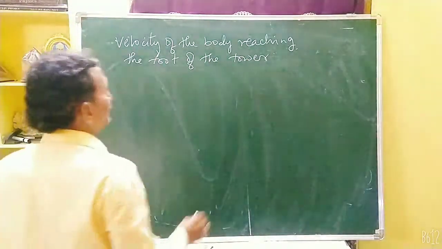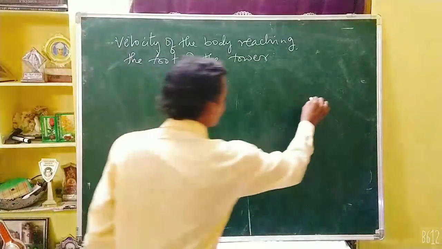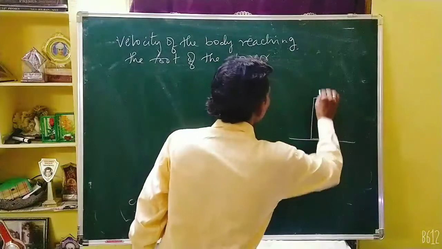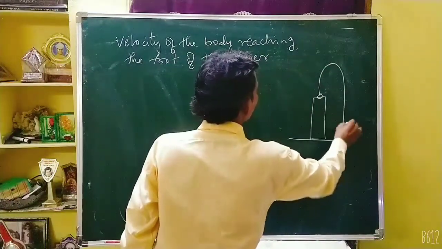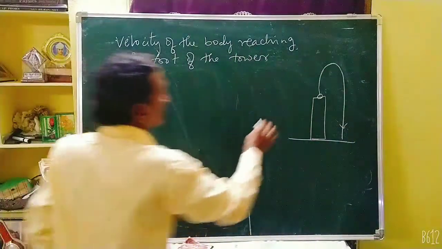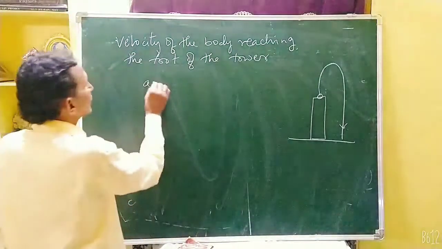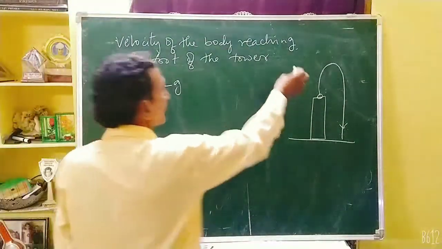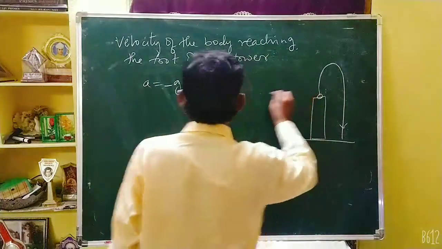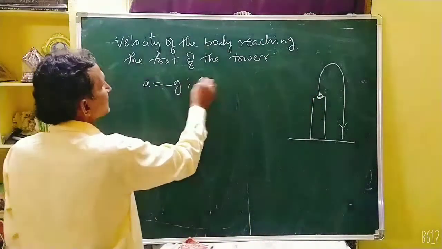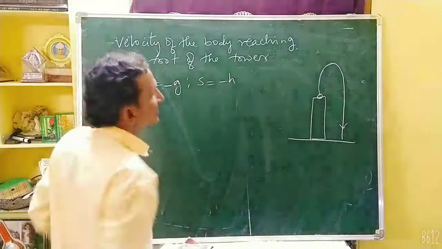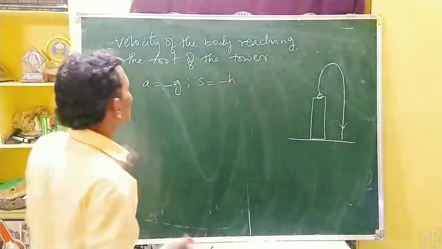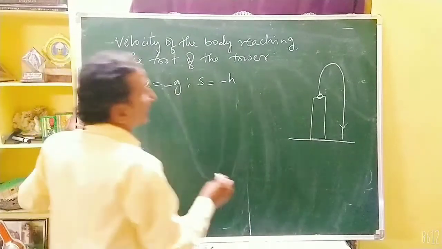Now let us see that. So here the body is being projected from the top of the tower, and we have taken that a is equal to minus g, because it is going up, and the displacement, what is the displacement I have taken here? s is equal to minus h I have taken. Just now in the previous case I have explained to you. Minus h I have taken,